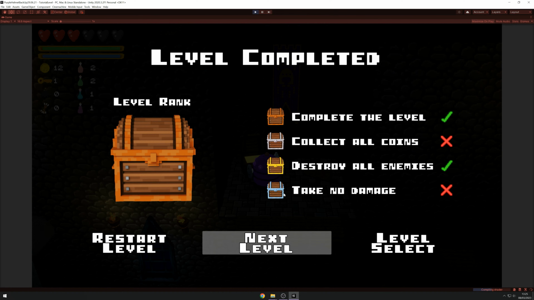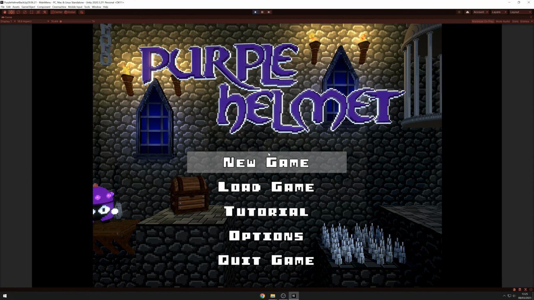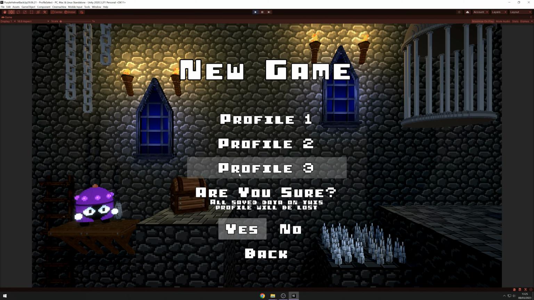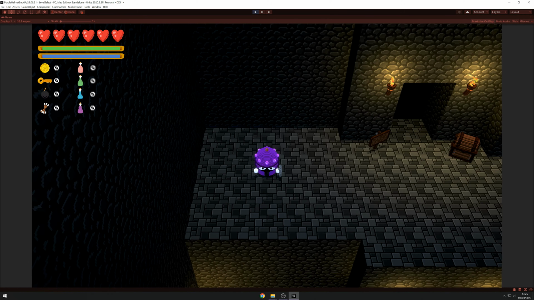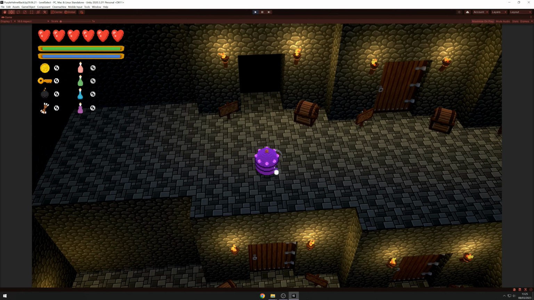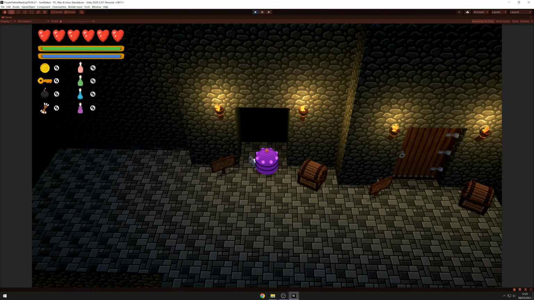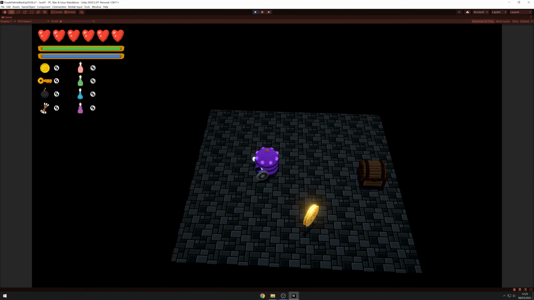So I wanted to have that again in with the new one. But the actual game doesn't have any content. We've got 3 profiles, and we can save and we can load, and it tracks statistics and everything. This was like the level select screen, so level 1, and the chest is incomplete. If we go in the door here, kind of like how the old Super Mario World was, this is literally